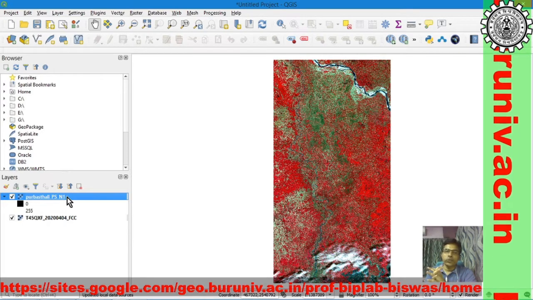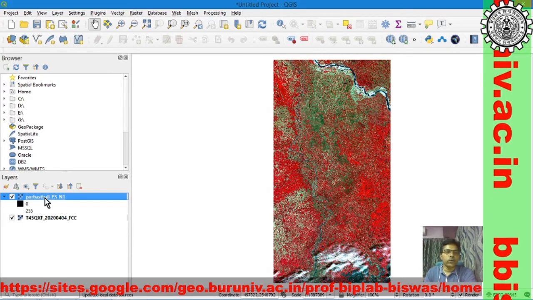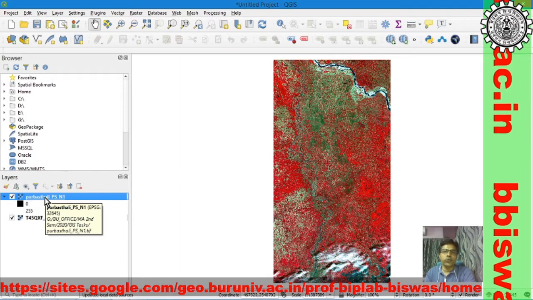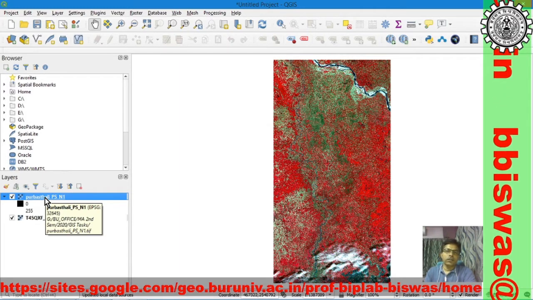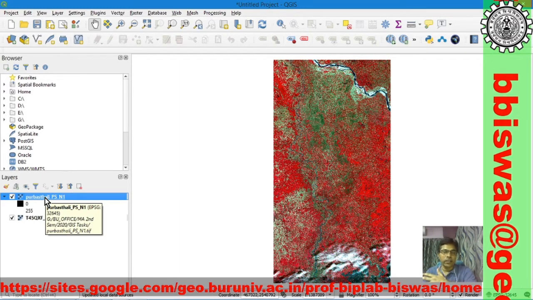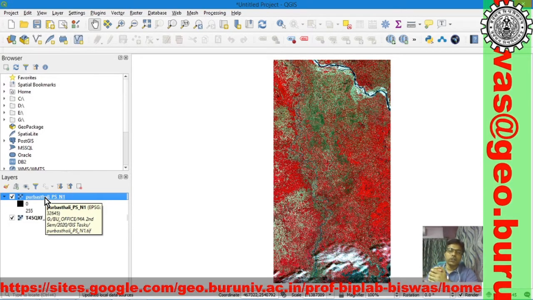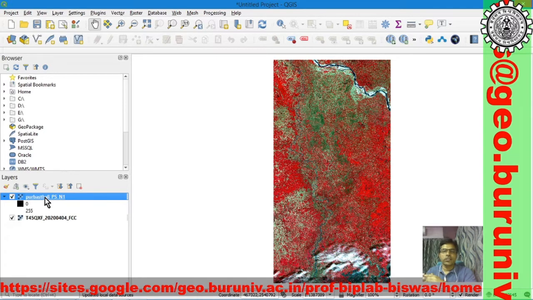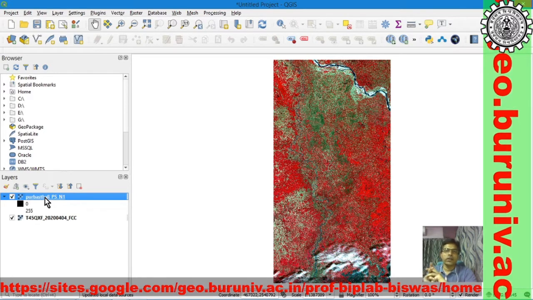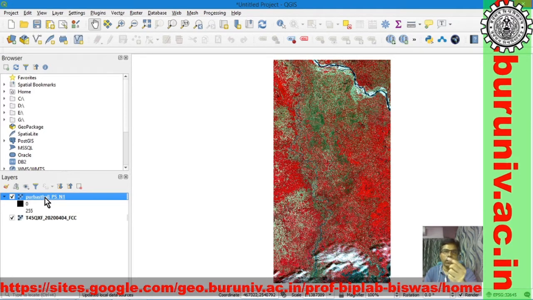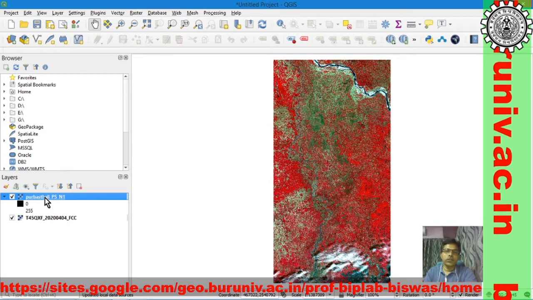So what we need to do is convert this Purvastali image to geographic data. The process of conversion of a scanned image to geographic data is called georeferencing. So I make a very simple example of this georeferencing.